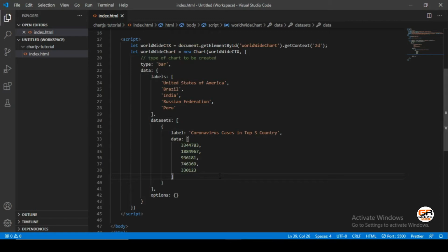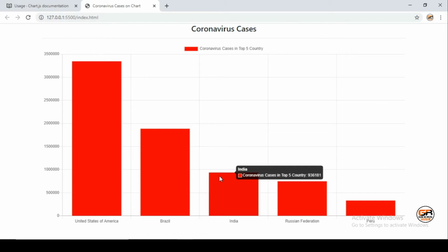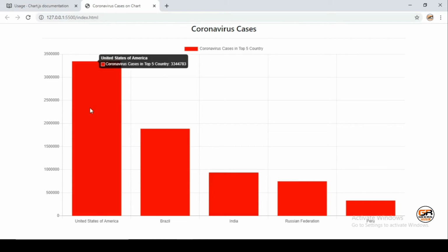For that, let's create some background color. For color you can use RGBA, a hex code, or a color name. I've just put the name of the color here like this, and let's check now. Yeah, it's looking good.